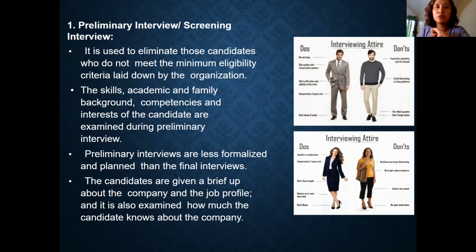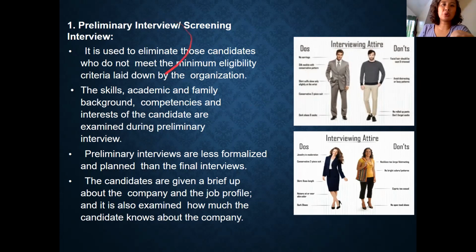Okay? So, wear something formal, or if not, smart casual. And you still have a blazer. Kunwari, you're not wearing heels, but you're wearing flats, something like that. Okay? So, preliminary interview or the screening interview. Dito na yung, may screen na to eh. So, may selection na to, selection portion. Okay? So, they would now screen out yung mga hindi umattend, mga inappropriate yung suot.